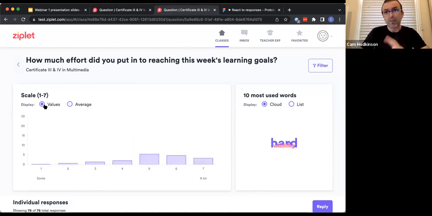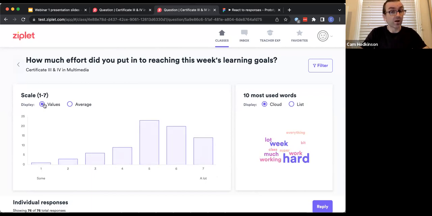So there's one last thing that I want to highlight as a really key feature that's quite powerful before we give you a bit of a sneak peek into a few things that are coming down the pipeline from the product team, and we open it up to questions. And that's really what happens next. So we've collected all of this data. I've started to see some trends between maybe support and effort, and support and effort and stress. But what do I do next? And I think one of the really key things for me is saying, well, let's actually support the students who need it the most right now.